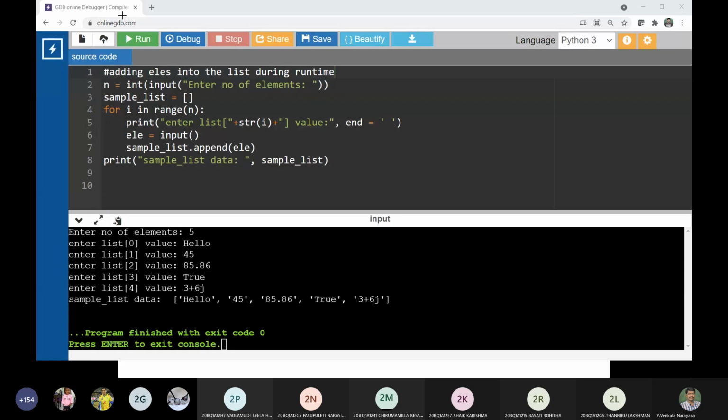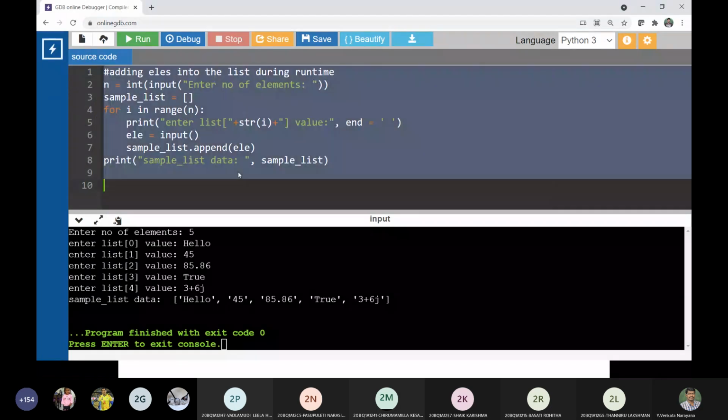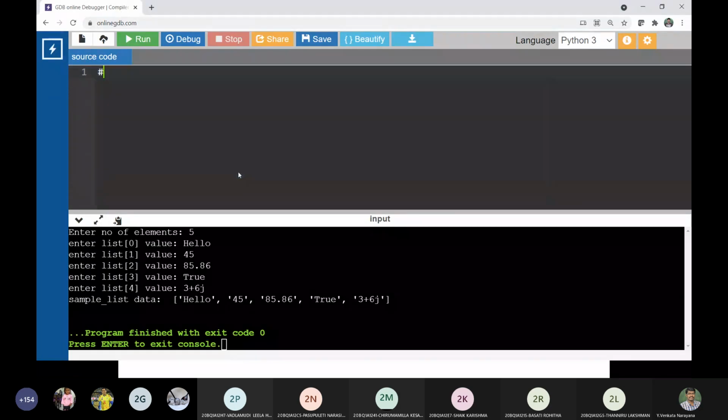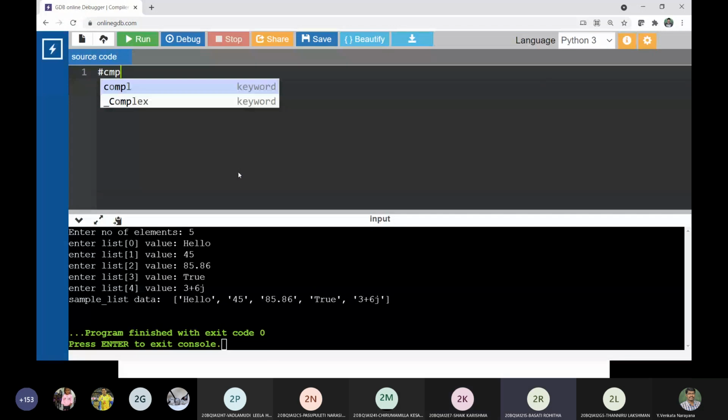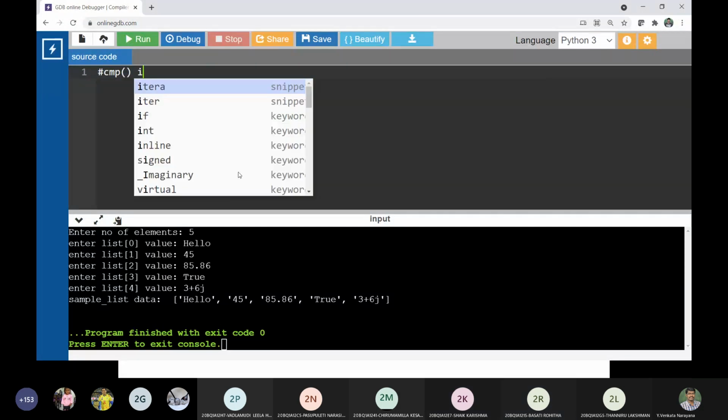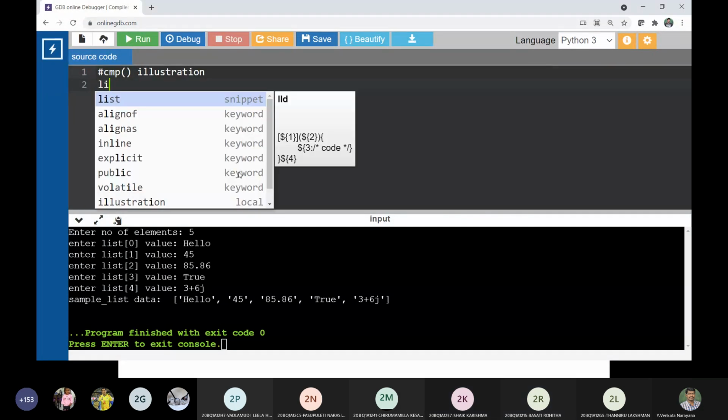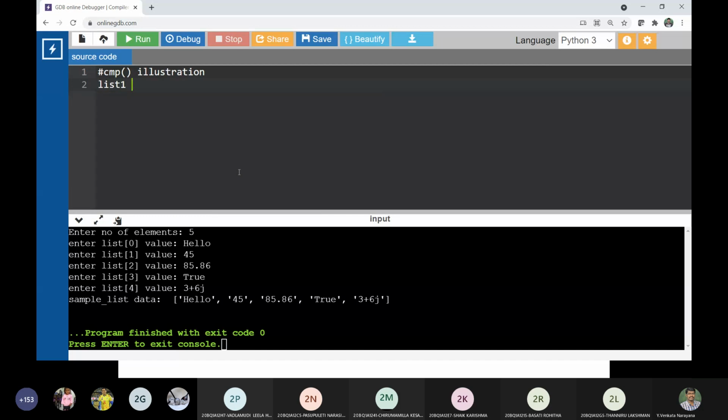Let us go with an example program. I have opened the online compiler. Is that viewable? I am taking list 1 with values 1, 2, 3, 4, and the next list with values 1, 2, 5, 8.